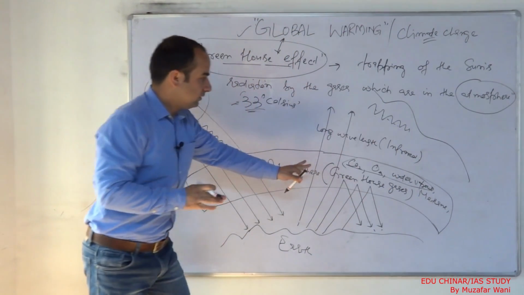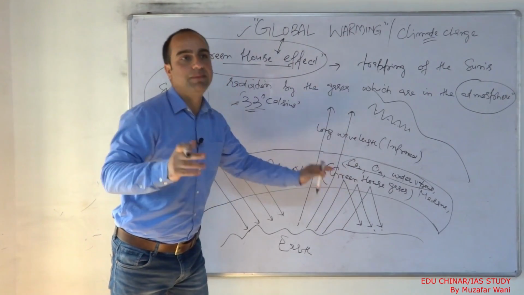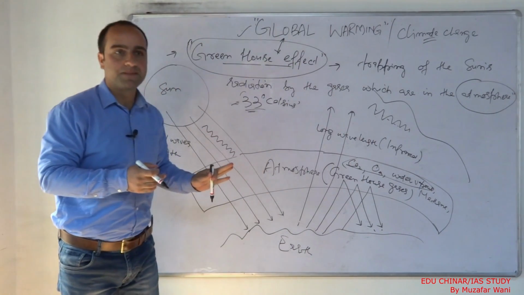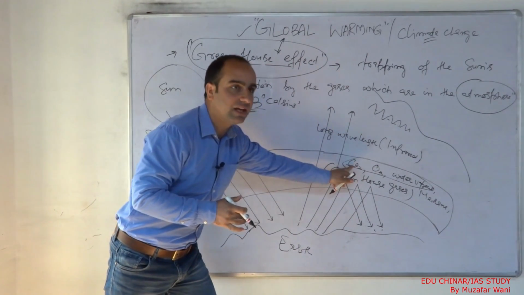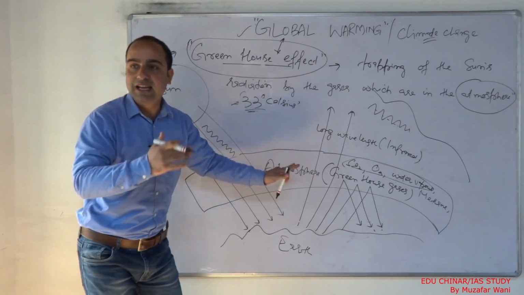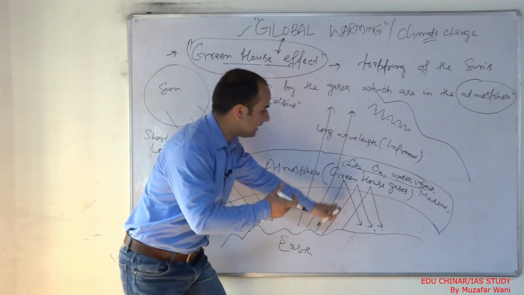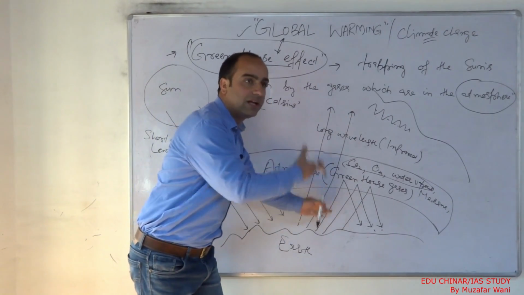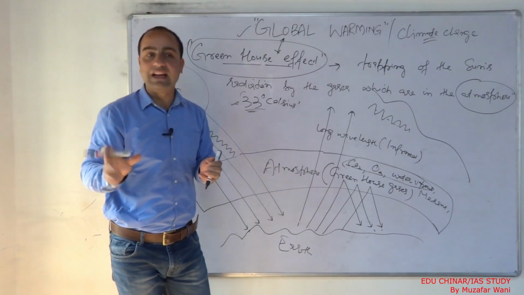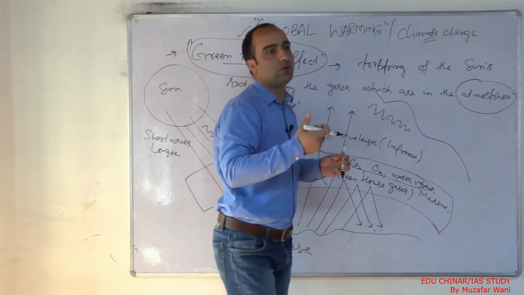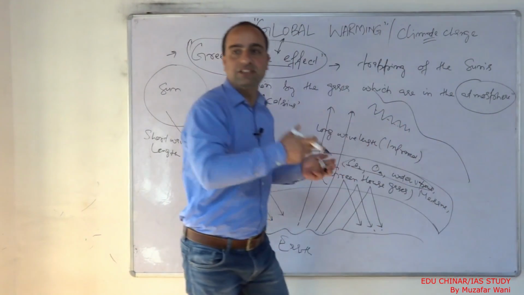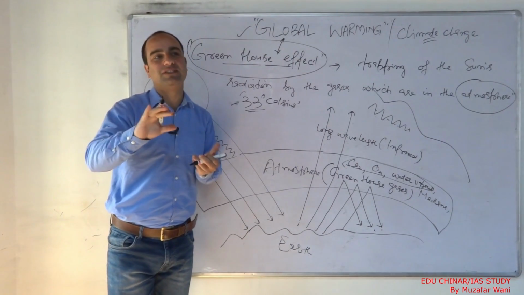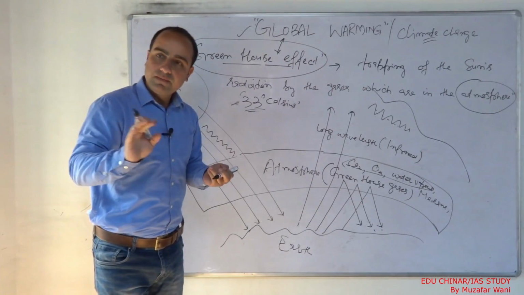ओके, नाउ सी व्हाट हैपेंस। This is the phenomenon which had been going on since the human being came into existence on this planet. But the problem starts. प्रॉब्लम स्टार्ट्स विद दिस फैक्ट दैट अगर ये ग्रीन हाउस गैसेस, कार्बन डाइऑक्साइड, ओजोन, वाटर वेपर, मीथेन वगैरह, अगर ये गैसेस ज्यादा होगी तो उसका मतलब क्या होगा? उसका मतलब ये होगा कि हीट भी ज्यादा ट्रैप होगी। अगर ये ज्यादा गैसेस हो गए, then that means that more outgoing radiation will be trapped। और अगर ये रेडिएशन ट्रैप ज्यादा होगी तो फिर यहाँ पे टेम्परेचर भी ज्यादा होगा। और जितने ज्यादा गैसेस उतना ज्यादा टेम्परेचर, जितना ज्यादा टेम्परेचर वो हमारे लिए प्रॉब्लम, क्योंकि हमारा कुछ एक नॉर्मल रेंज ऑफ टेम्परेचर है, वी कैन नॉट सर्वाइव द हाई टेम्परेचर।